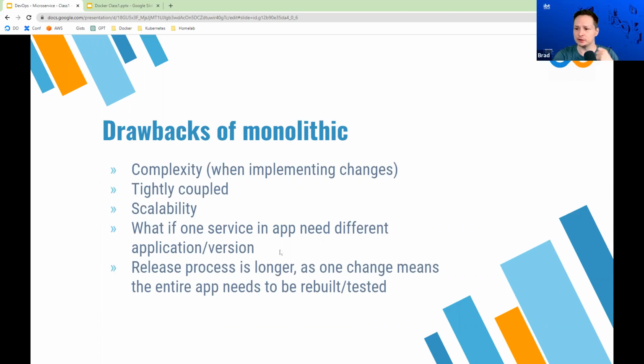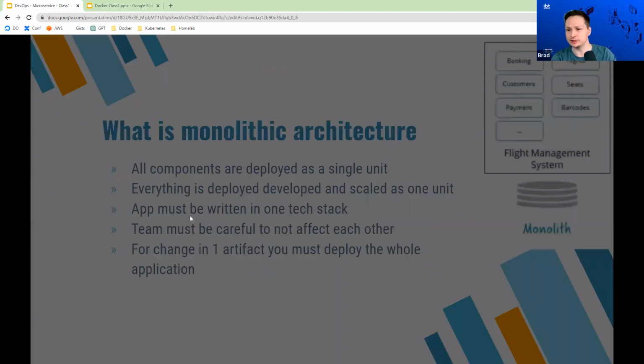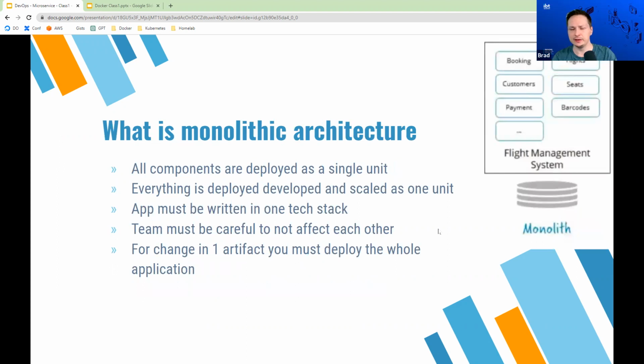Also, what if one service in the application needs a different version or library? So we sort of discussed that earlier here. With a monolithic application, you're stuck with a certain tech stack and certain libraries.